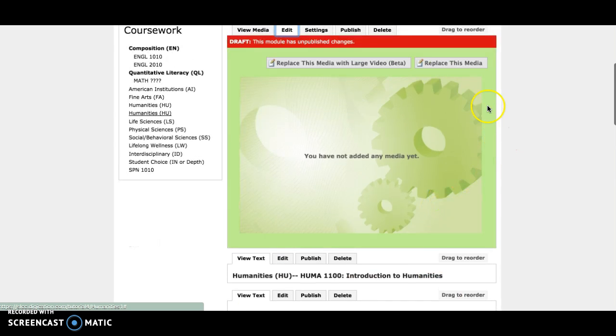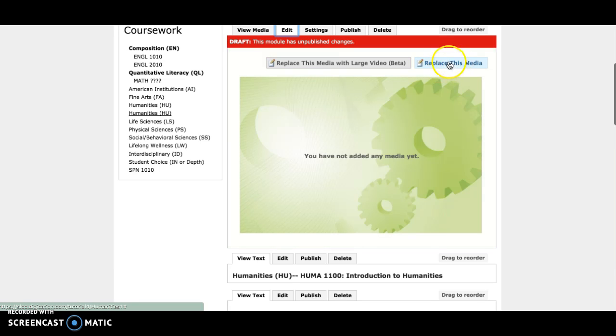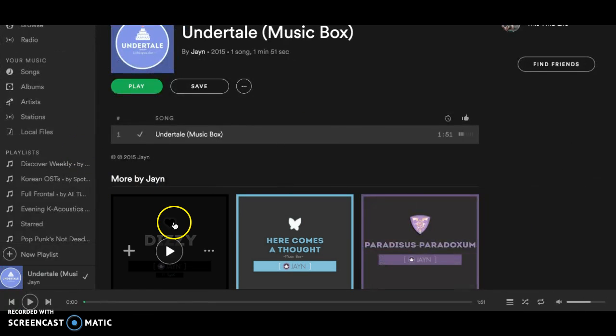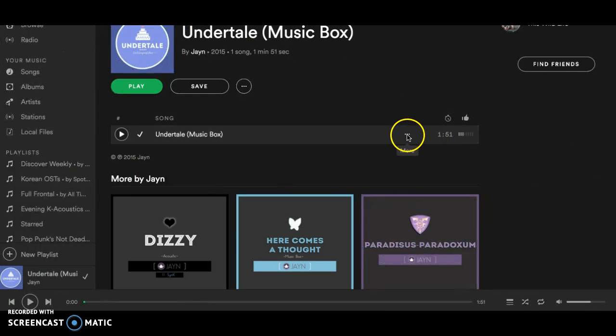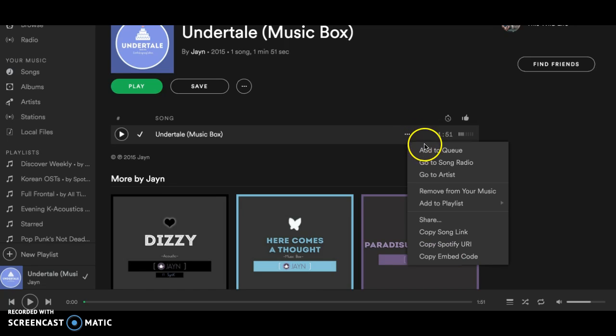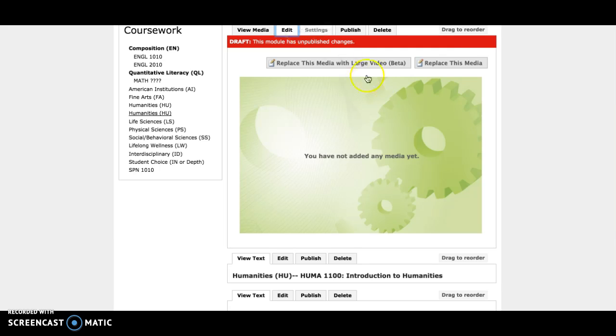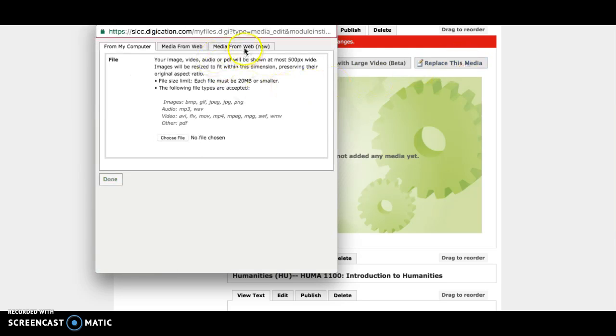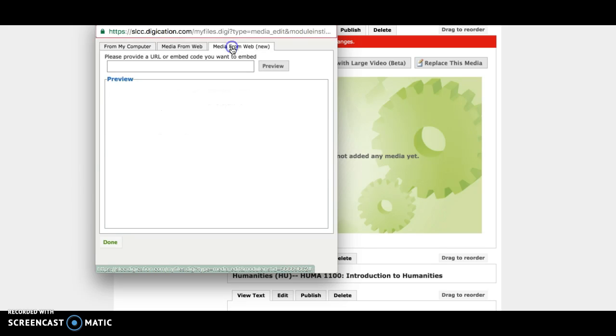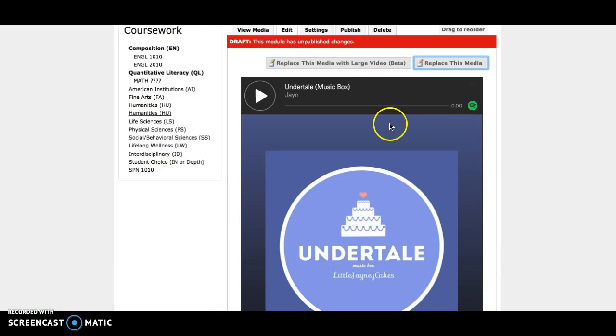And once you have that, you just want to make sure you find your embed code and then replace this media with it. So let's say my song from Spotify is this one. I'm looking for this button that says more, and I'm looking for the copy embed code option here. So you just click on that, and it kind of looks like nothing happened, but when you click on replace this media and you click on media from web new and you paste it in, it should be that new one. You just click on done,